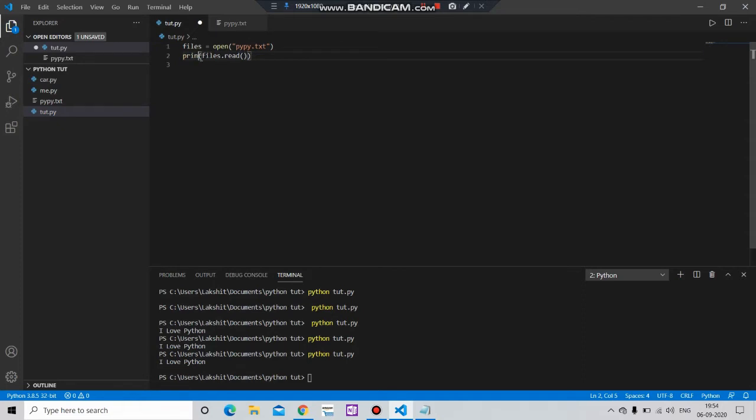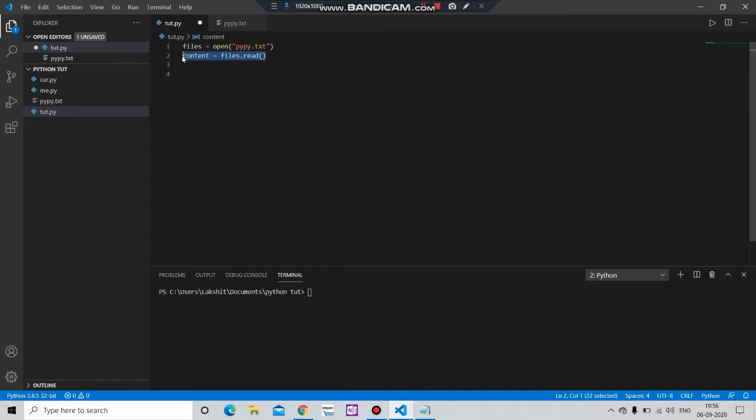But if you want to copy and paste this, you can simply delete it and create a next variable. Let's say content equals files dot read. Okay, then print this. Simply copy this and put it again here. This will look foolish, but if you have a long file